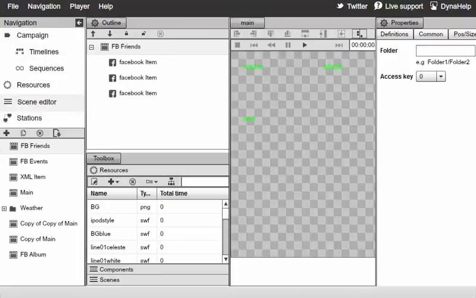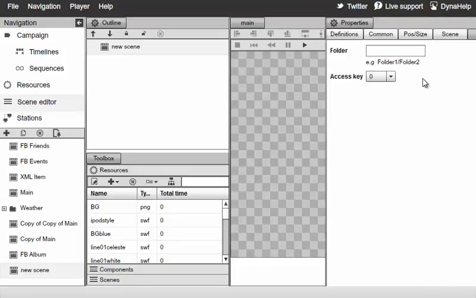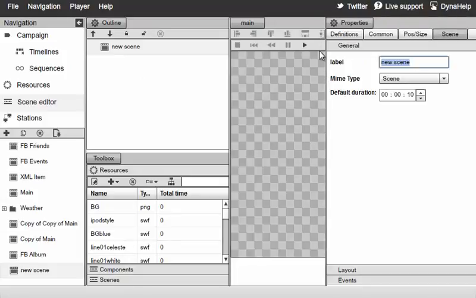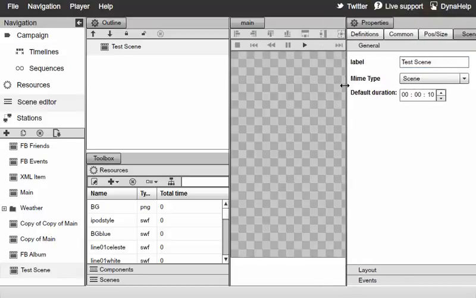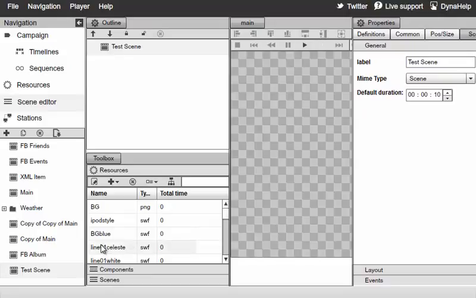So let's go ahead and create a new scene. Click on the plus sign right here, and we'll go ahead and rename this scene. Go ahead and just make a little bit more room here. We'll call this our test scene and press enter. And next we are going to start dragging some components. So we're going to go back to the resources just like before and drag the same image just like before,